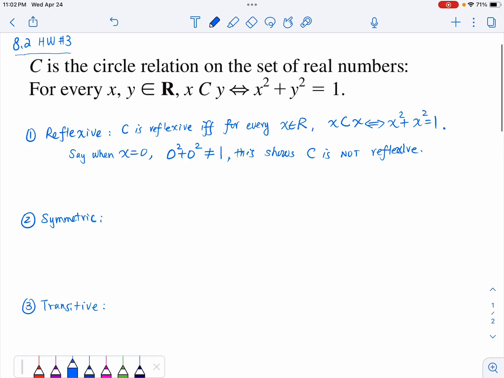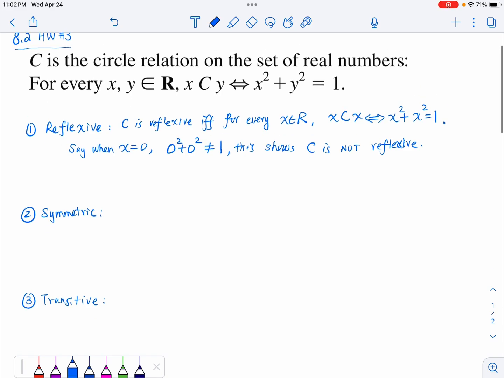Now let's look at the second property, whether C is symmetric. This is actually pretty easy to show. I would encourage you to pause the video and think about it yourself first. Now, if you resume your video, this is what we are going to show. I actually know it is symmetric. So C is symmetric